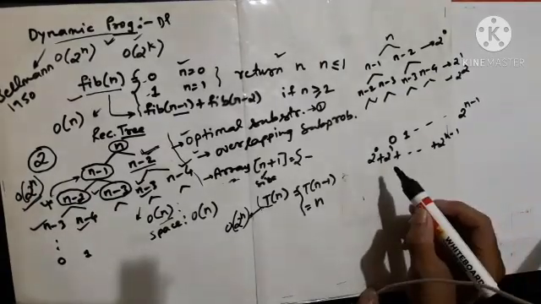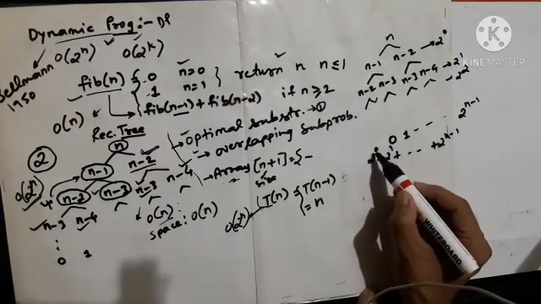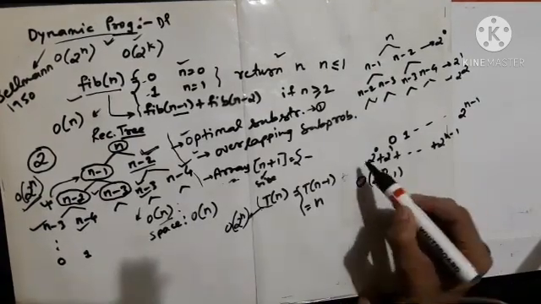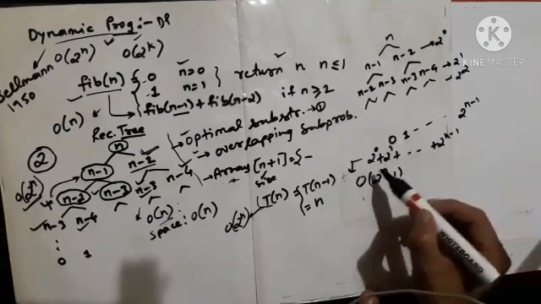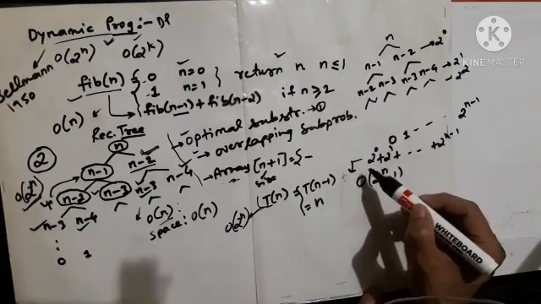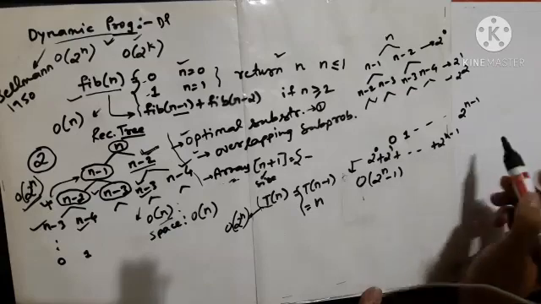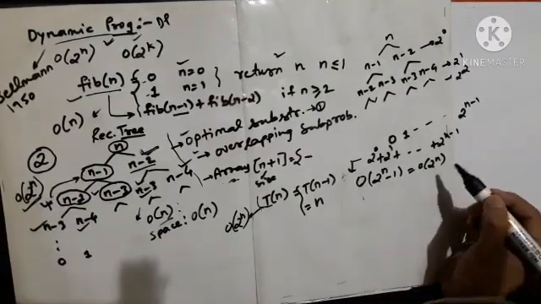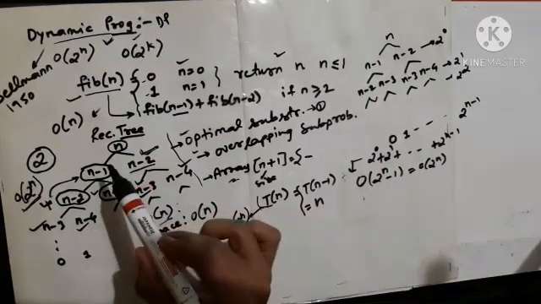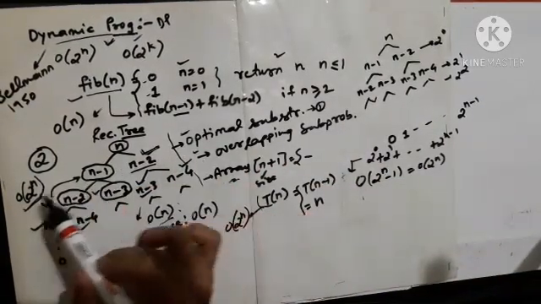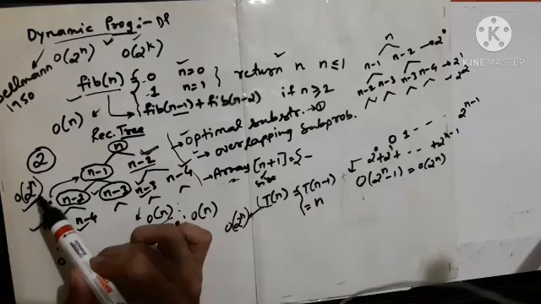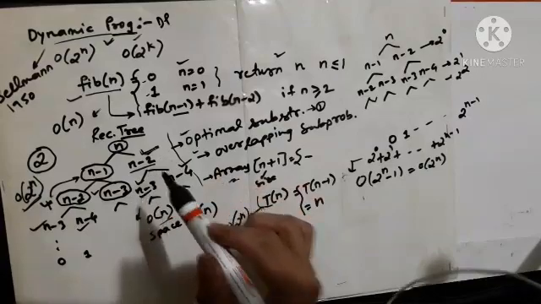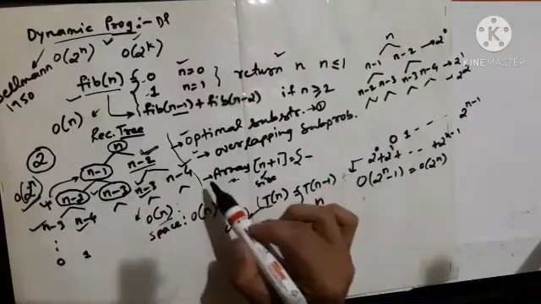If you use the mathematics formula for adding this, then you are going to get big O of 2 to the power n minus 1, which is definitely big O of 2 to the power n. So that's why I am saying that if you do not use DP, then we are definitely going to get a time complexity of 2 to the power n. So why would you not use DP? You will definitely use DP, with the help of an array.